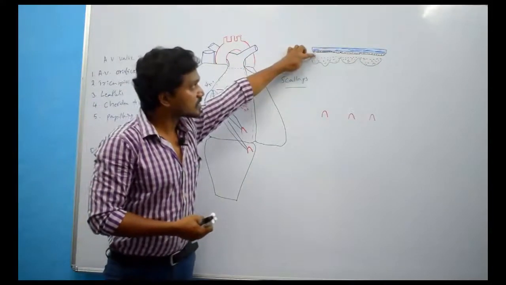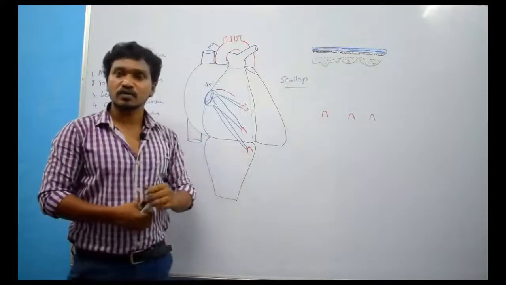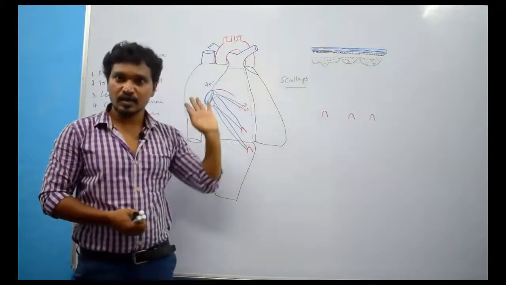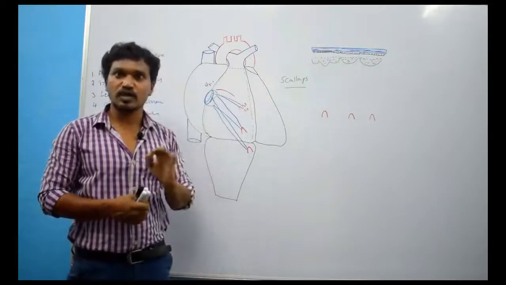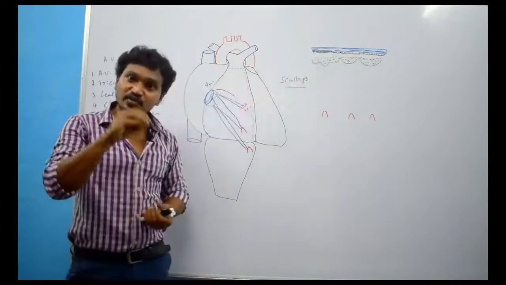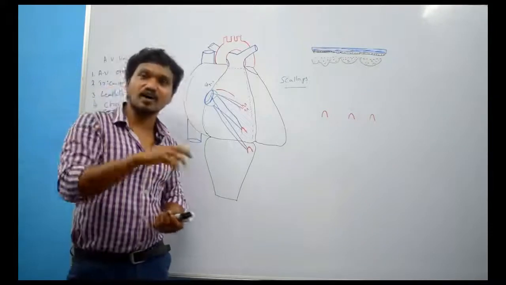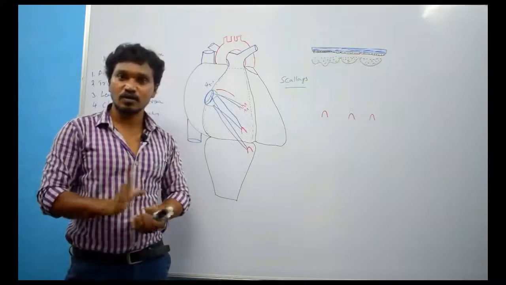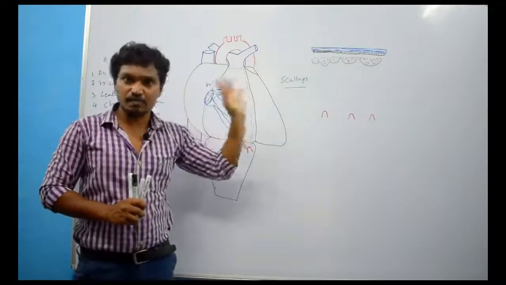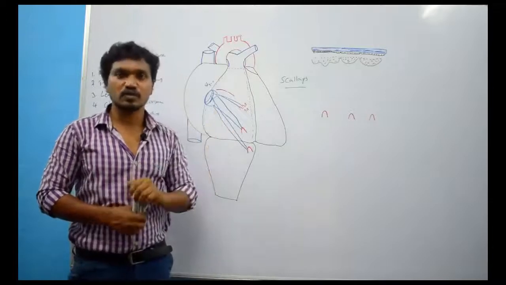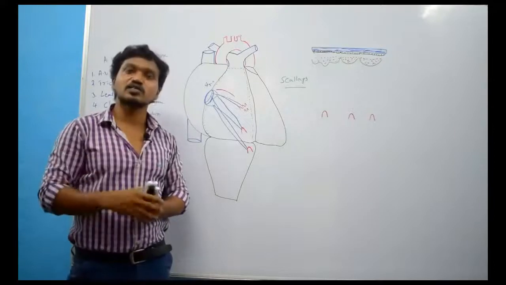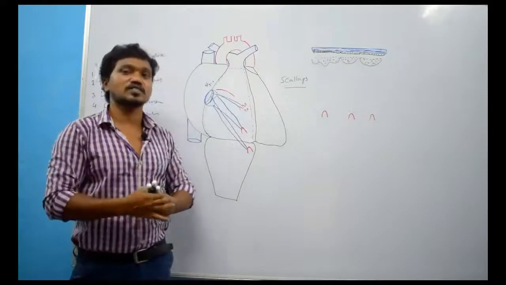Then what about this clear zone and rough zone? From where will they get the blood supply? For the basal zone, there is a blood supply because it is a vascular thick zone. But the clear zone and rough zone take nutrition from the blood which is present within the heart. So the basal zone has a separate blood supply, but these two zones do not have a special blood supply; they take nutrition from the blood within the heart itself.